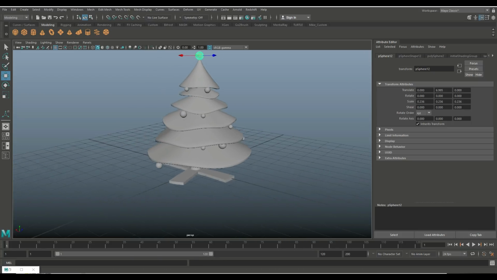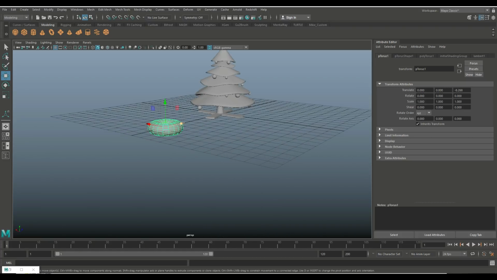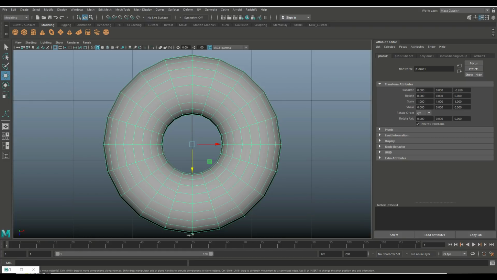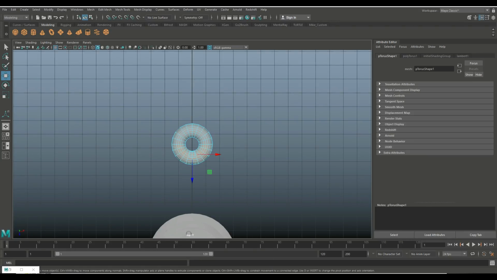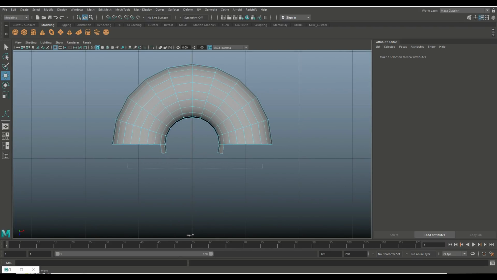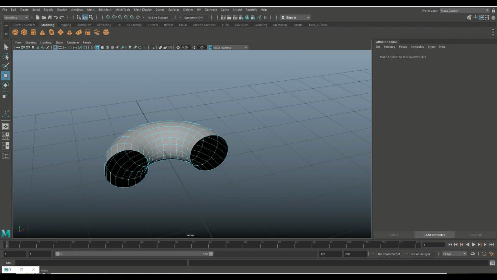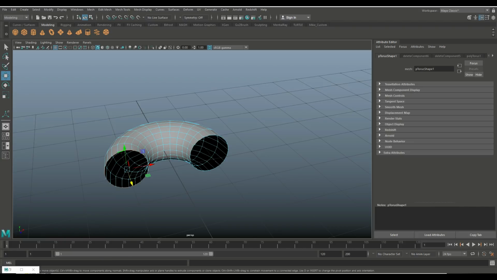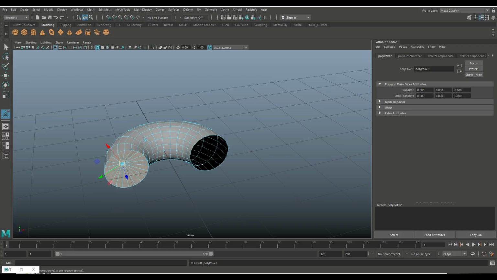What we're going to do is we're going to create some candy canes. So we'll take one of these, we'll pull this out, jump to the top here. After frame that, let's right click and go to face, drag click all of this stuff, delete that, clean that up, and delete that too. Then we're going to go in here, after frame, we're going to right click at the edge, we're going to double click, we're going to go to mesh and fill hole, right click face, we're going to go to poke, and we'll put that back in there,